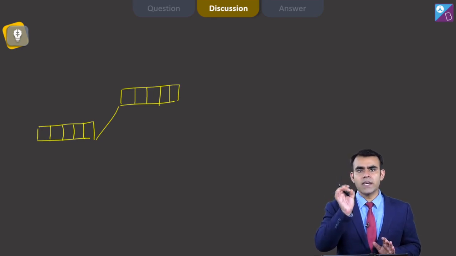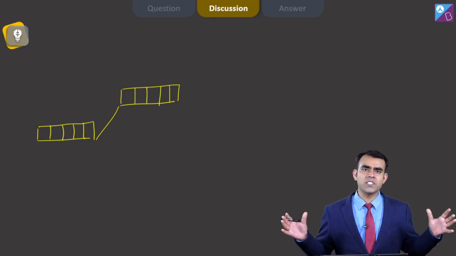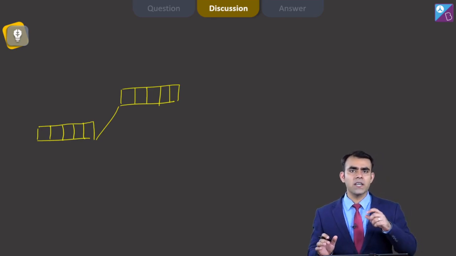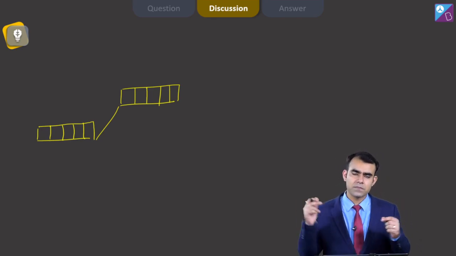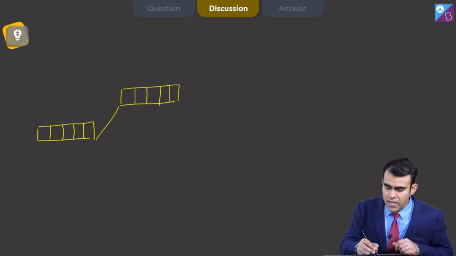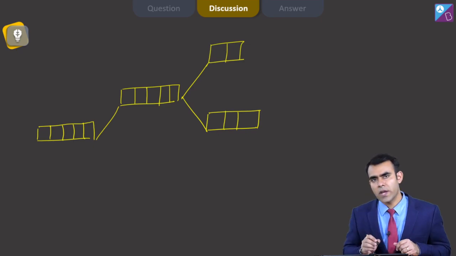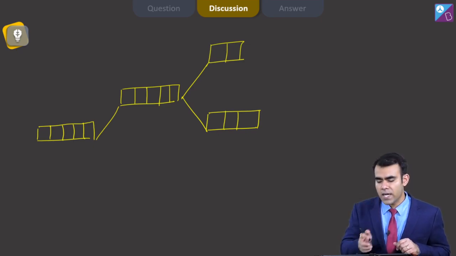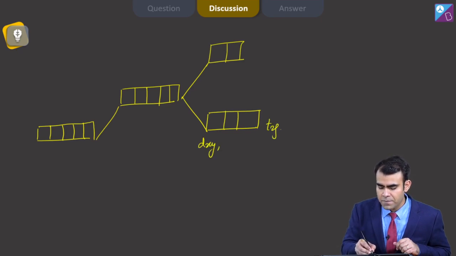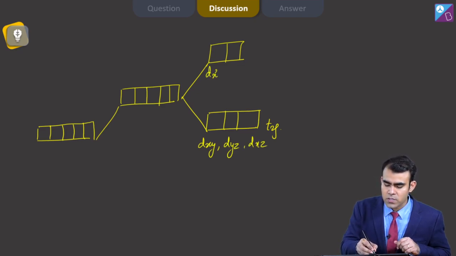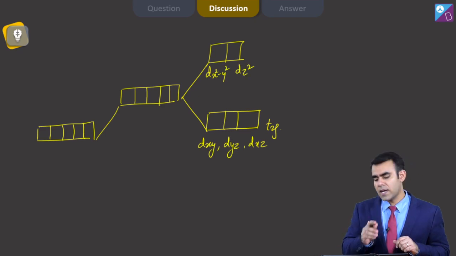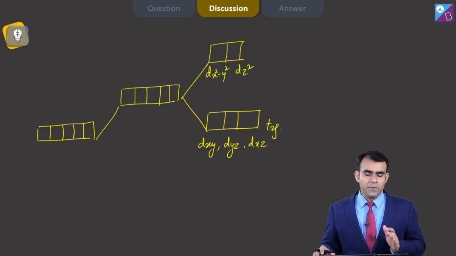In that, 2 ligands are coming from the axial positions and 4 are coming from the equatorial position. So because of the different ligand environment, what happens? There is further splitting and my 5d orbitals are split into 3 and 2. These are in my octahedral environment. These we call T2g, which are dxy, dyz and dxz, whereas these are dx square minus y square and dz square. Now we have to fill the electrons.